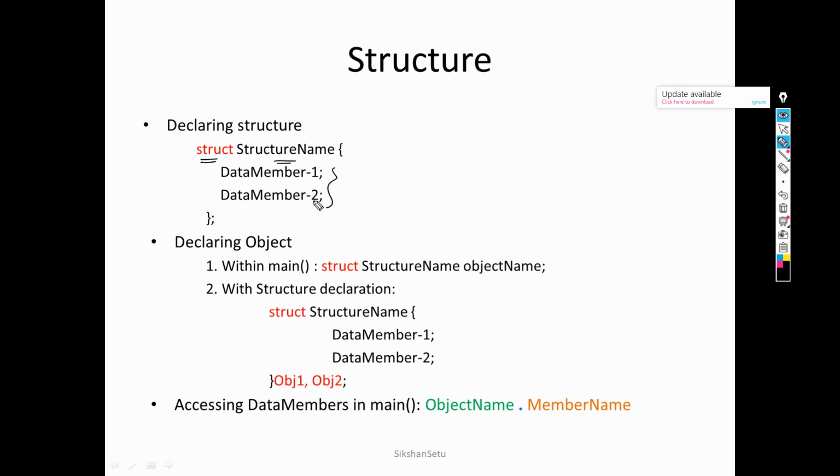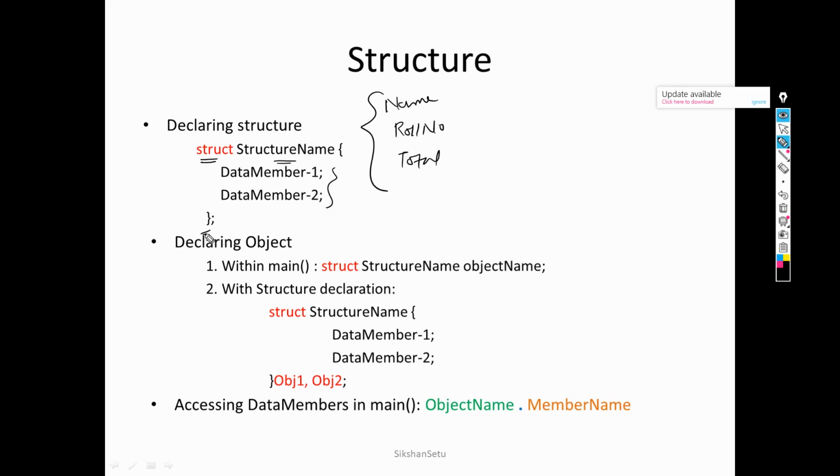Now what is this data member? Data member is what you need to incorporate within the structure. In the previous discussion we have seen the mark sheet. A mark sheet contains name, then roll number, or suppose we assume it contains total. All these three are known as data members. Whatever data member you want to add can be added over here, one, two, three, up to any number of data members.